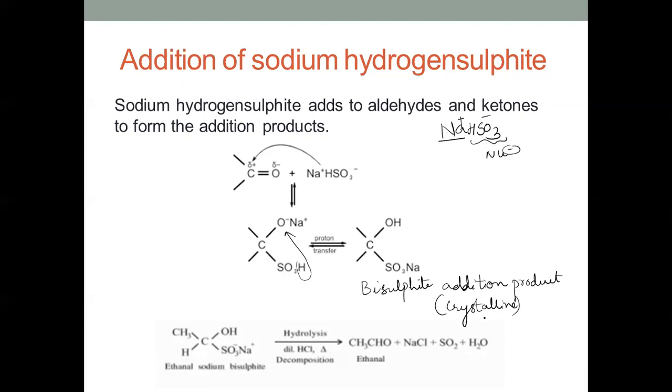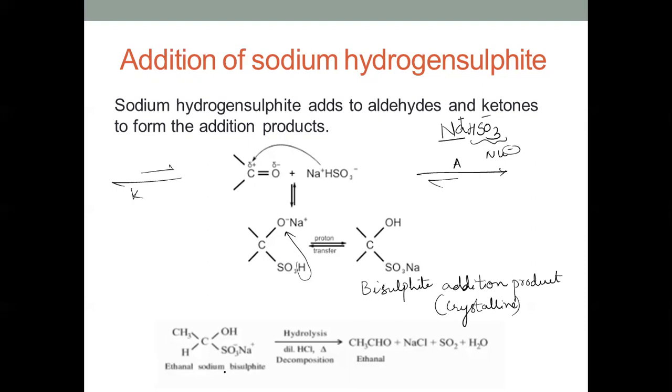Yes. Now, for aldehydes and ketones, when we look at the reaction for aldehydes, the equilibrium lies more towards the right side. This is for aldehydes. For ketones, it lies more towards the left side. This is aldehydes. This is ketones. Why? Because as we already discussed, ketones are less reactive towards nucleophilic addition reactions, and the reasons we know. Yes. And this method is widely used for the purification of aldehydes because the bisulfite addition product which is formed is soluble in water.